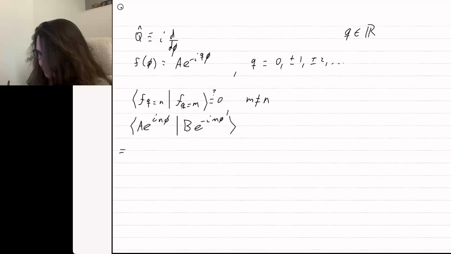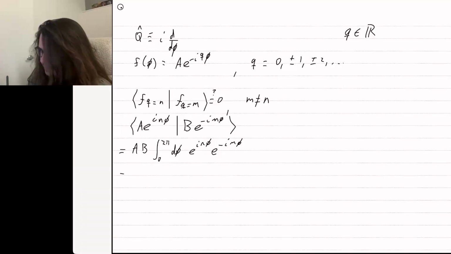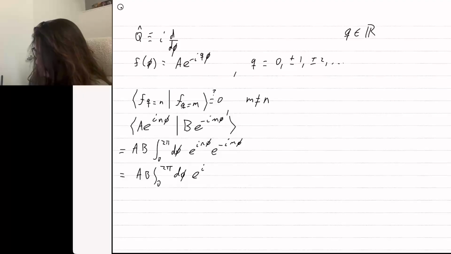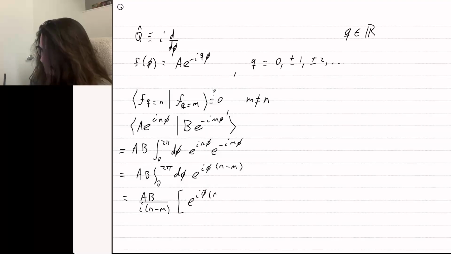Now moving to integral notation, that's the integral from 0 to 2 pi of d phi, e to the i n phi times e to the minus i m phi, which you combine to give e to the i phi times n minus m, and then just do the integral that shows up. So you get AB over i(n minus m), but then we have to evaluate e to the i phi (n minus m) at the endpoints. So that's going to be,